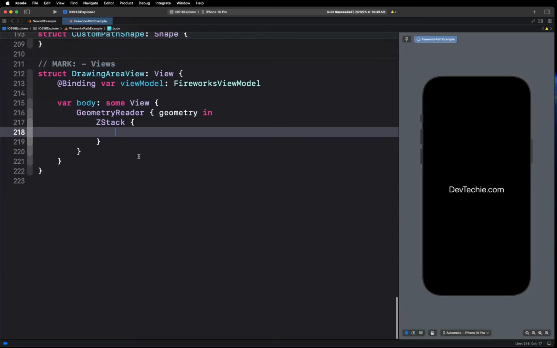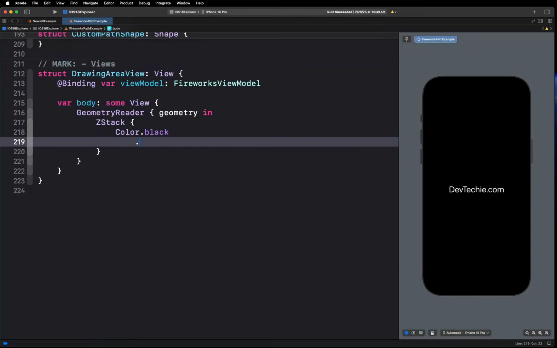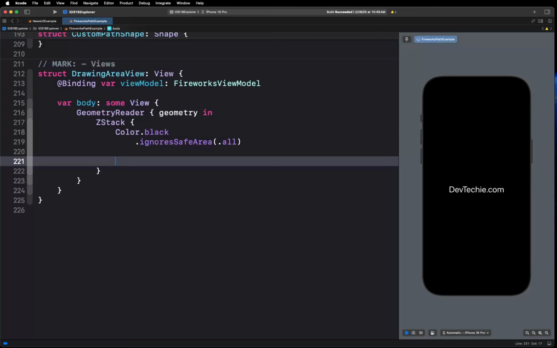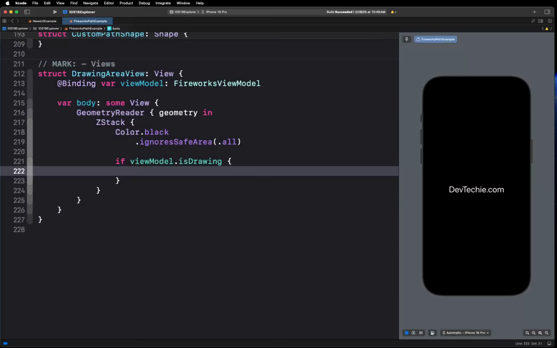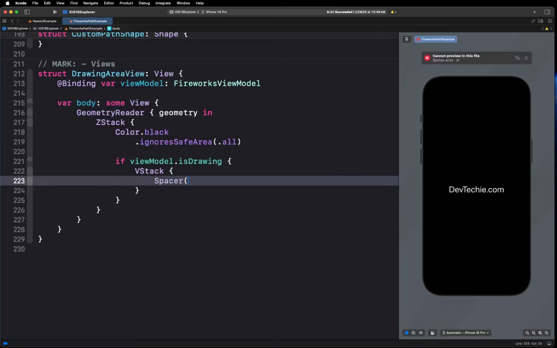You want to make sure that the entire screen is black. So we're going to say Color.black.ignoresSafeArea, and we want to make sure that all the safe areas are ignored. Then we're going to start the drawing. So we're going to say if the view model is drawing, then we're going to create a VStack, and we're going to put a spacer here